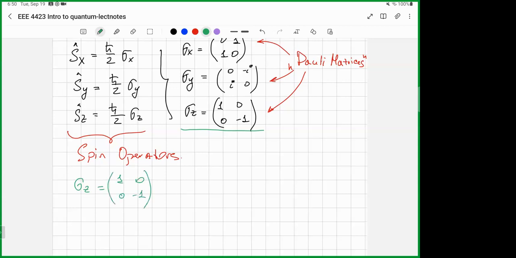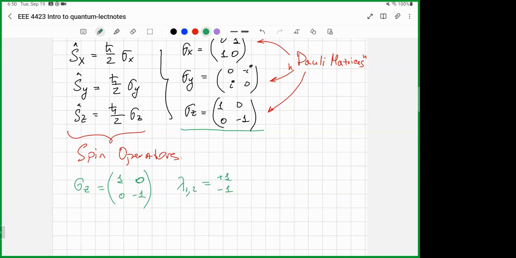This means 1 and minus 1 are the eigenvalues of this matrix. So the eigenvalues lambda 1, 2 are plus 1 and minus 1. These are the eigenvalues